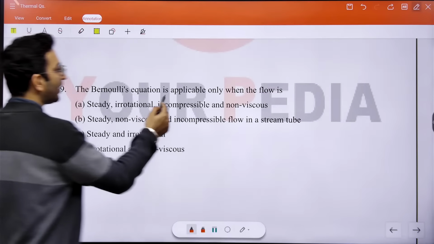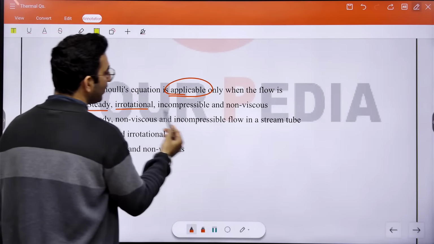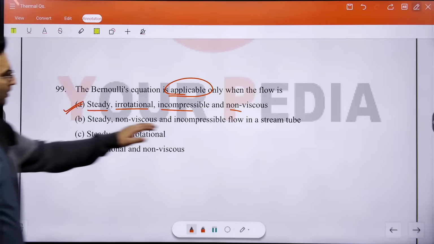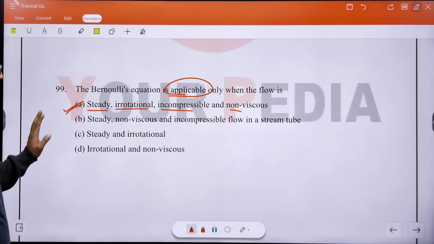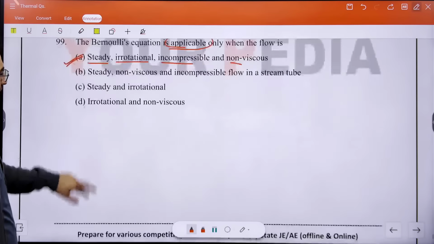Bernoulli equation is applicable when the flow is steady, irrotational, incompressible, and non-viscous. Yeah, that is a correct one here now. Yes, option A is going to be the correct one here. Okay. Next,